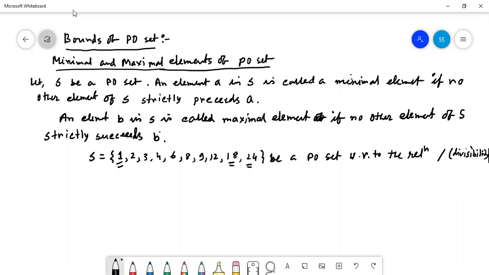I think you know Boolean algebra. Do you have any idea about Boolean algebra? Hello. Do you have any idea about Boolean algebra? Yes, sir. Okay, so after the next class, it will be completed.